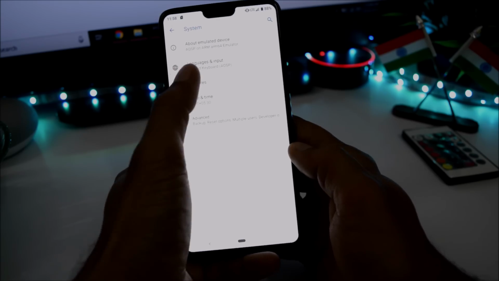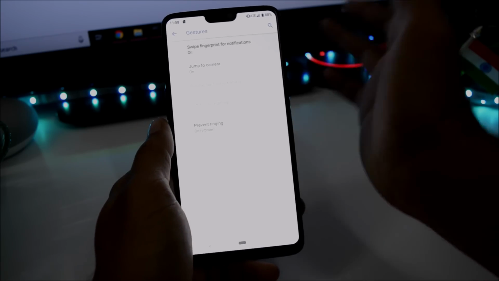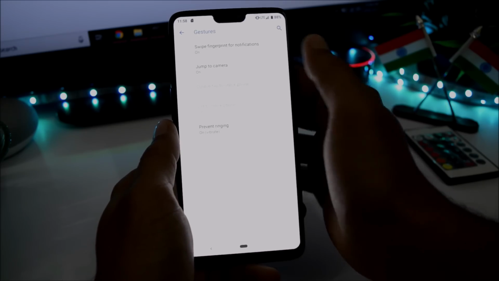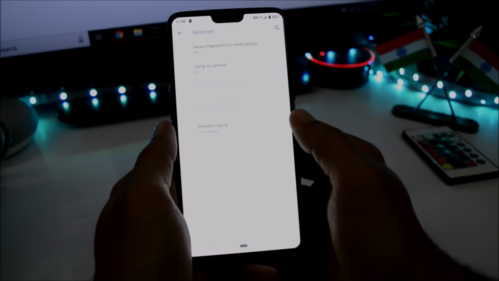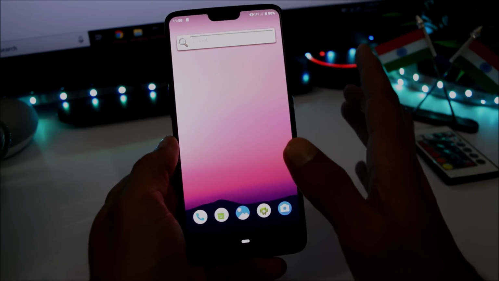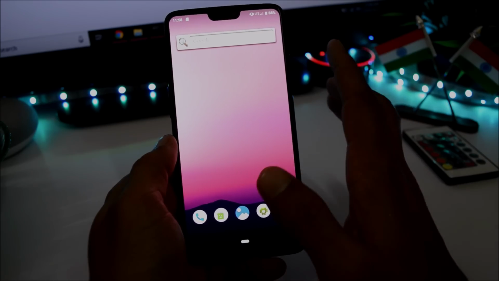Under system, we have few gestures available, that is swipe fingerprint for notification, that does not work at all. Then we have jump to camera, double tap to check the phone, and all these things are not working at all. So guys, as you can see, there are lots of bugs available on this build as of now,